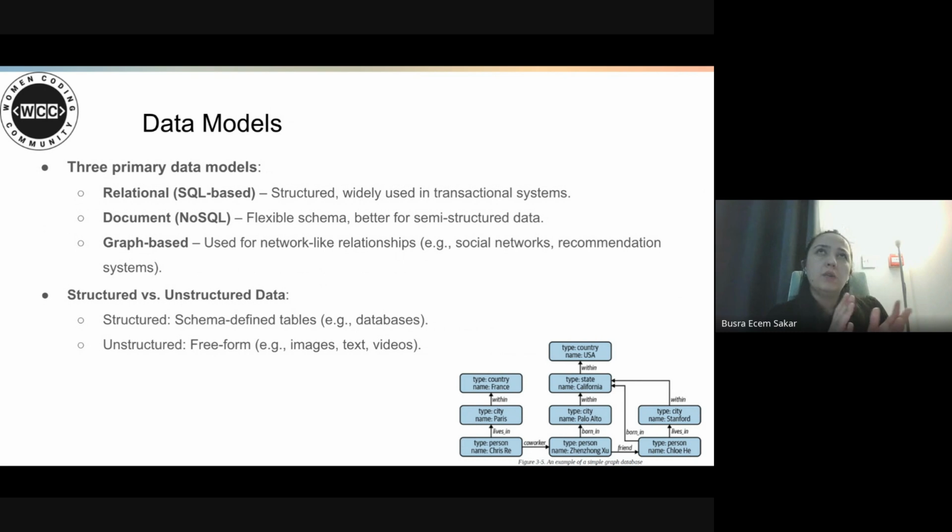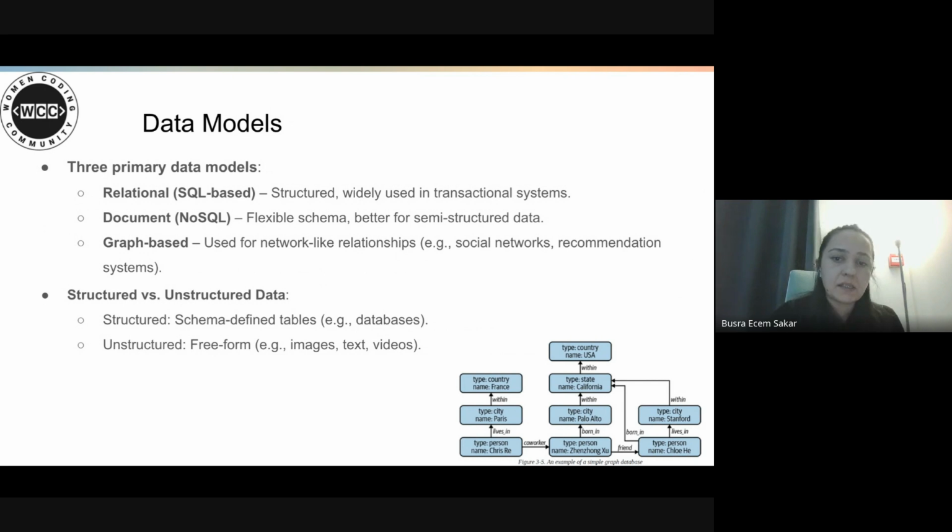So in the book, our key takeaway is that choosing the right data model is crucial based on how the data will be used. For example, relational databases work best for structured, financial, or transactional data. NoSQL is better suited for semi-structured data such as logs and documents.